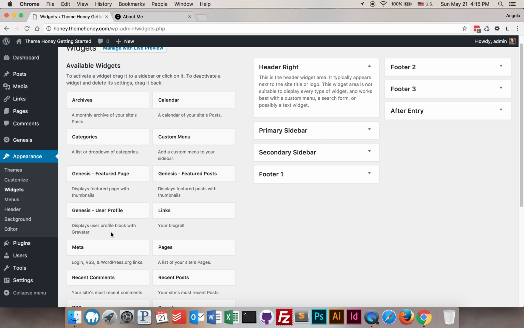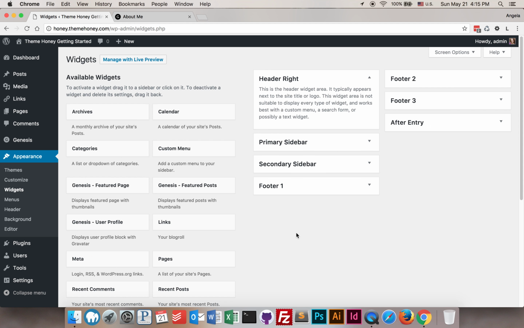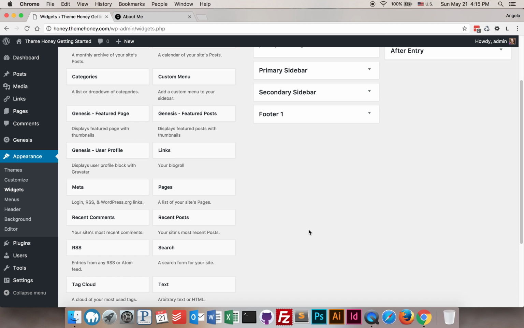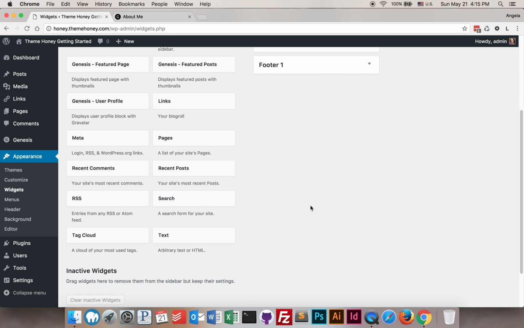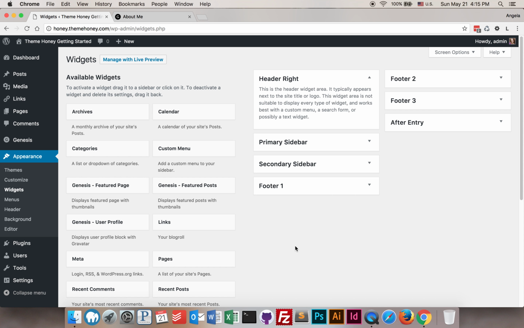Genesis comes with, let's see here, three custom widgets. These are widgets that you don't see in a default installation of WordPress. The rest of these widgets are included with WordPress by default. A lot of these are really fun widgets. You'll just have to add widgets and see what works for you, see what you like to